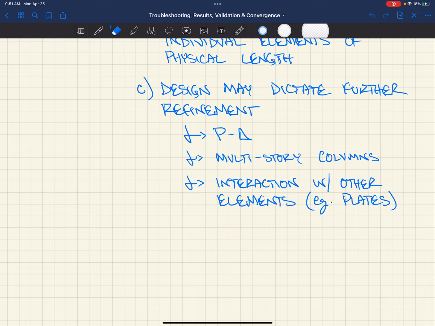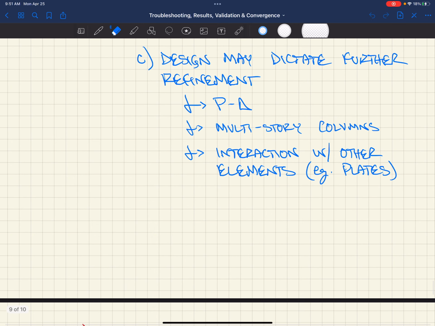Multi-story columns, right? We might want to refine our model. We had, say, 3 floors. We got a node here, a node here, a node here, and a node here, right? For a multi-story column, we might also want to do this P little delta, so we might want to throw in some more nodes along the length. We might also want to split this member up into 3 members,